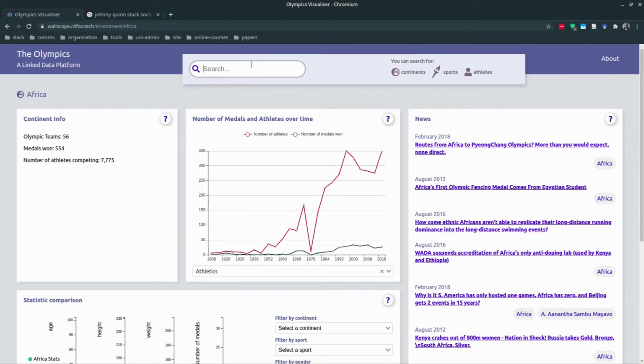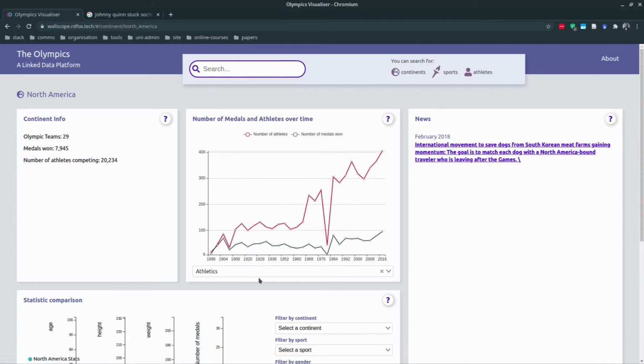Similarly, if we go to North America, the dip in the 1980s in medals is also reflected by the number of athletes. I also researched this and found that the US boycotted the 1980 Olympic Games, which were held in Moscow. This was a protest against the Soviet invasion of Afghanistan, and this affected the statistics quite drastically. So we thought these two stories were really interesting, as I didn't know about them before. I carried out this work, I played around in the demo, and it shows the value of linked data applications for finding patterns and relationships within data.